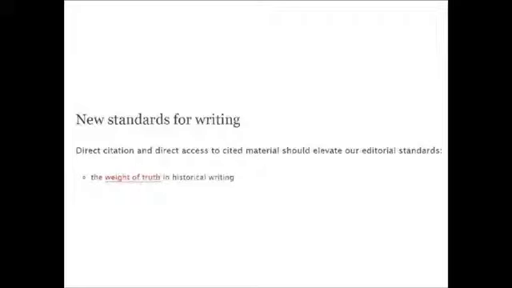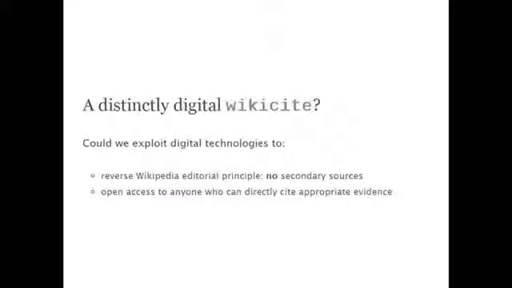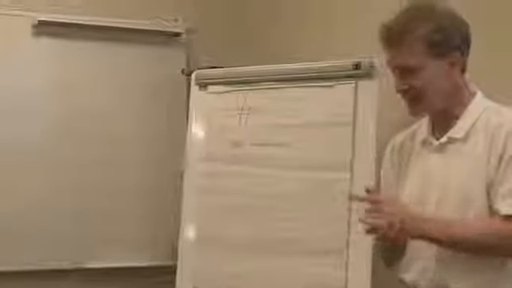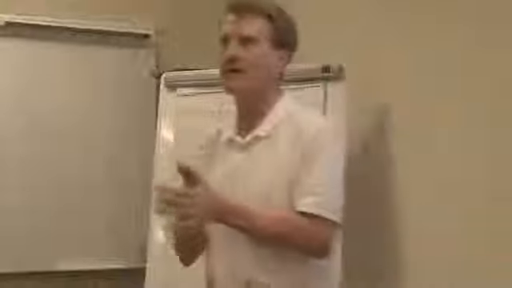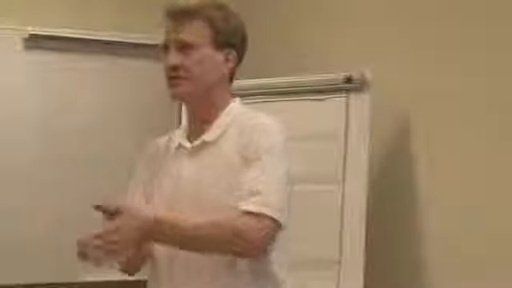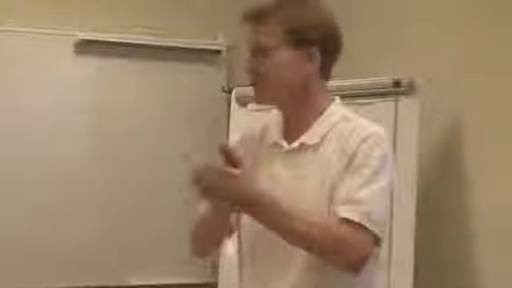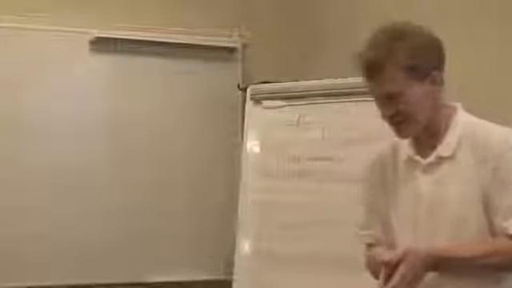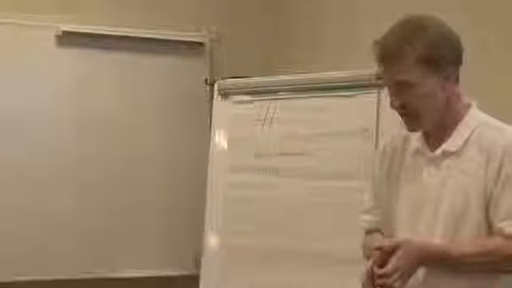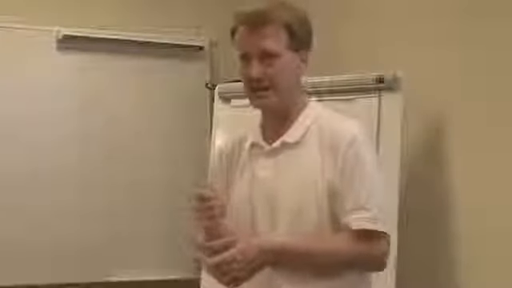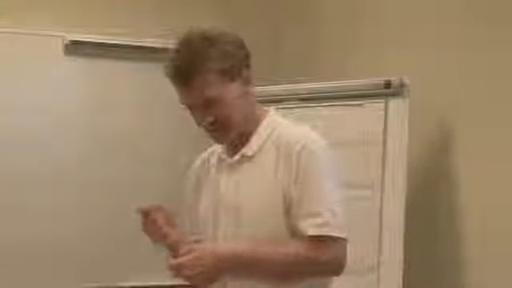So one challenge I would like to raise in this group as a subject to think about is I've been starting to think about the idea of a distinctly digital, not Wikipedia, where the criteria is the balance of the published sources, but a wiki site. And I think that it's intriguing to consider whether in a world where we can cite digital material and where people can then use those citations to get access to real primary material, whether we could completely reverse this editorial standard of Wikipedia and instead say, well, let's